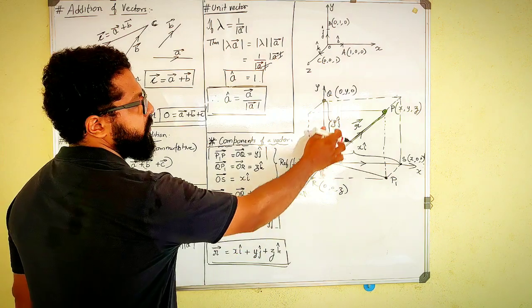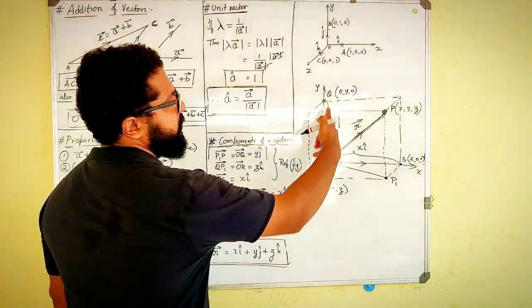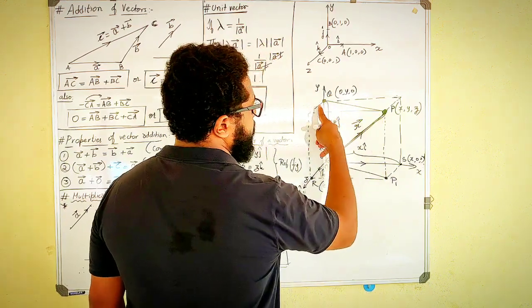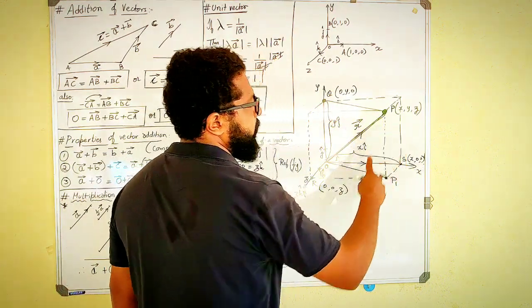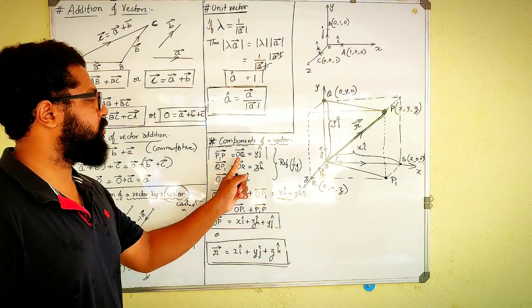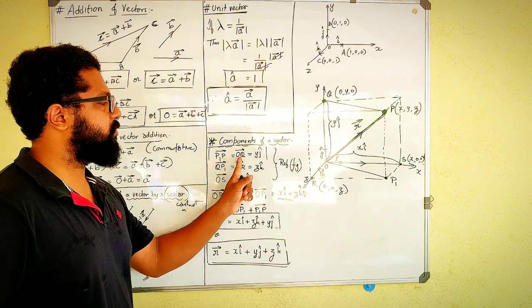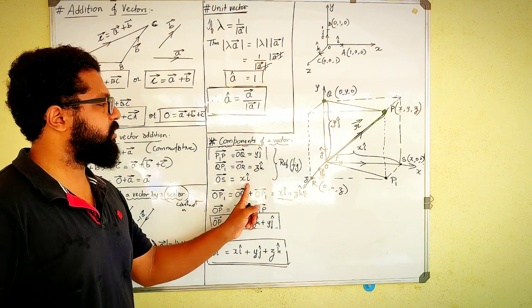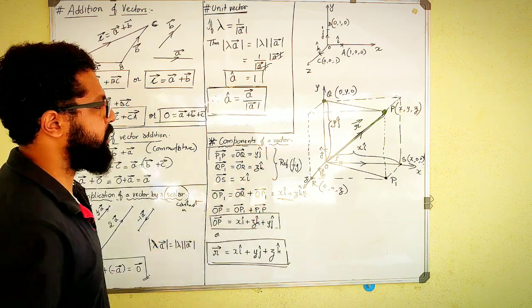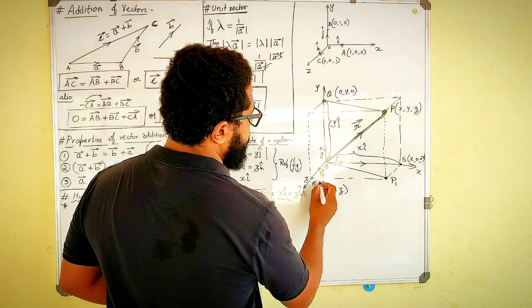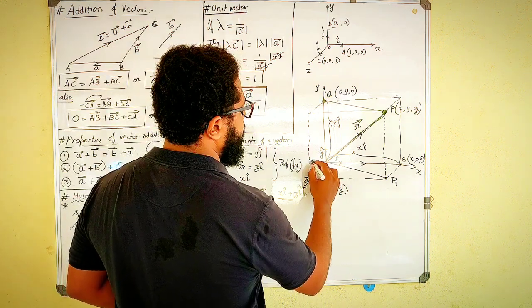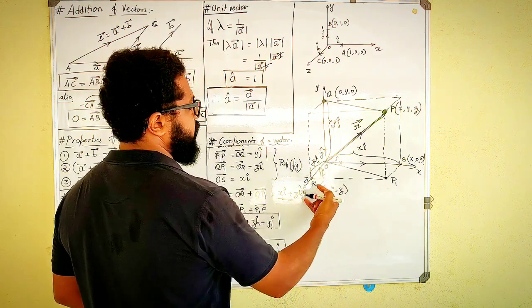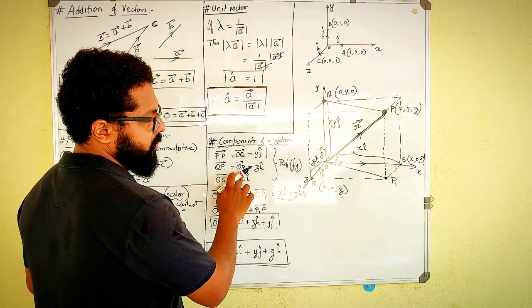Yj cap is nothing but OQ vector, and these two vectors are parallel. Agree or not? That is OQ vector and PP1 vector are parallel, which means they are equal to each other. PP1 is equal to OQ vector is equal to yj cap, and OS vector is nothing but xi cap. And the next one, this vector, I will multiply the z into k cap. This vector, z into k cap, that is my OR vector.